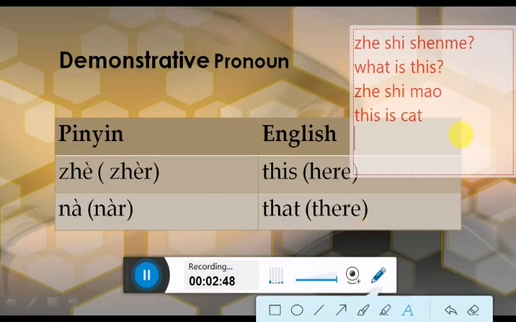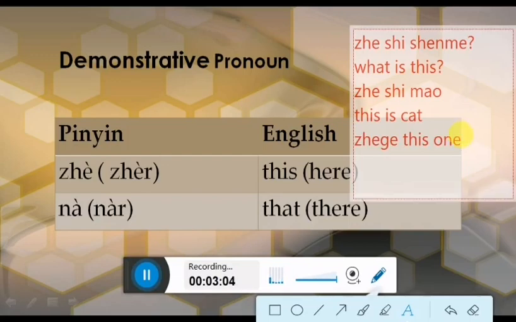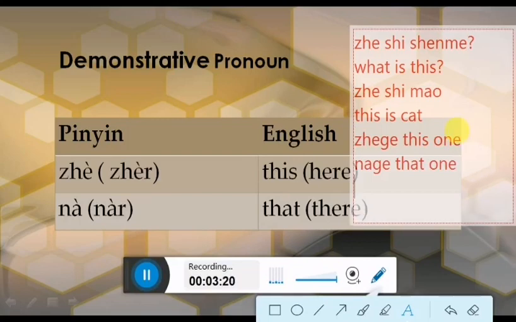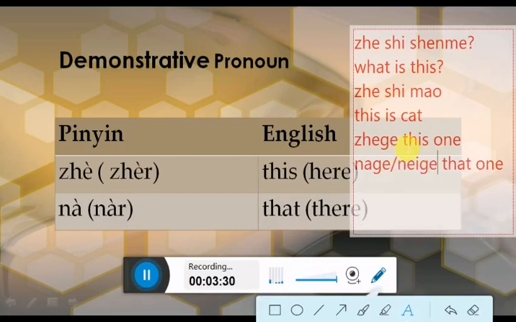New word is 这个. This one. 这个 This one. 那个 That one. 那个 这个